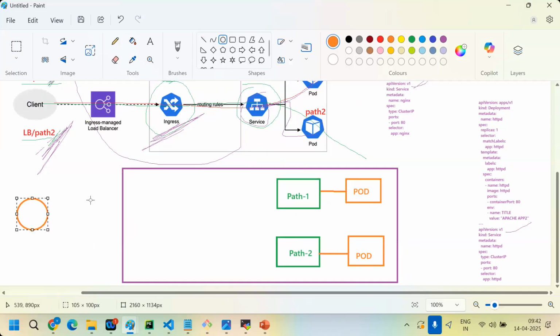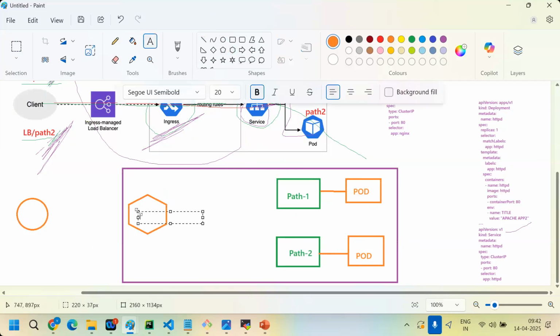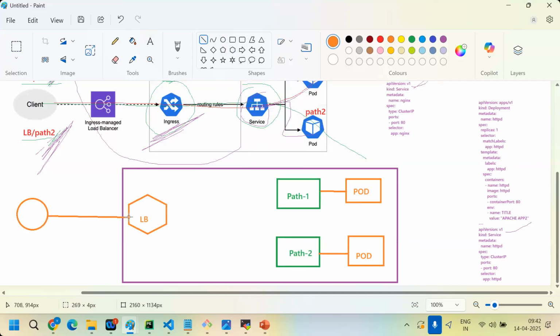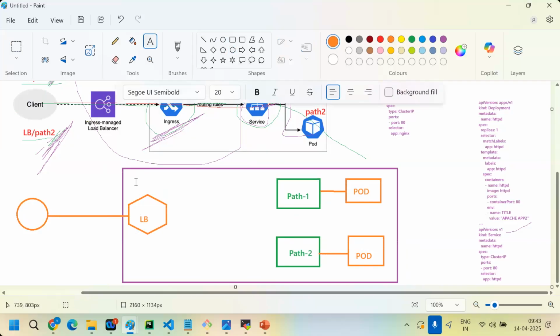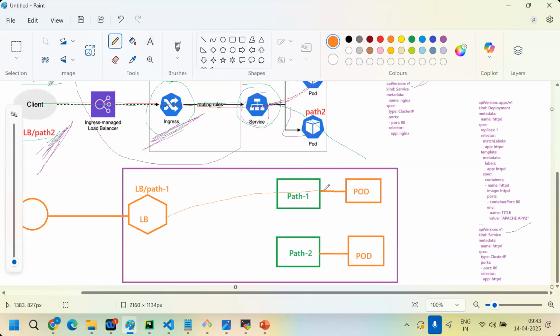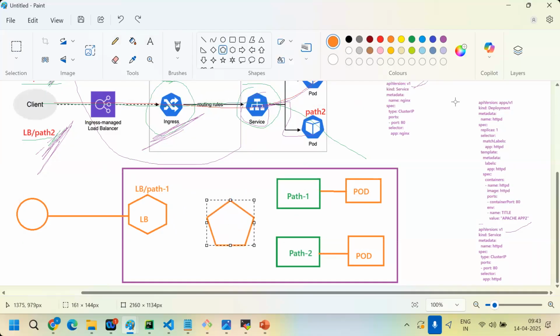Here the user is here. The load balancer is here, for example. If the user hits this load balancer with path1, the load balancer is common, right? In this case, how will the request go to path1? Your service doesn't know if the user is accessing path1 or path2. Here we require one controller.